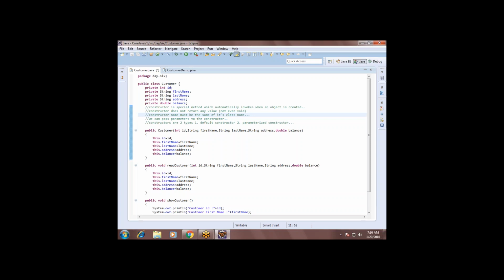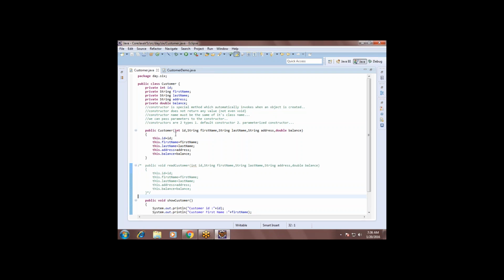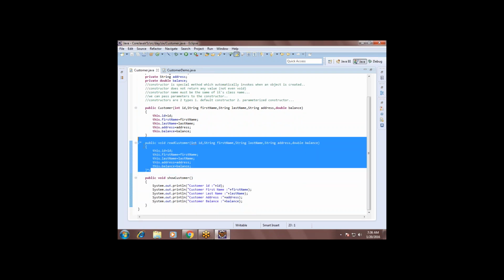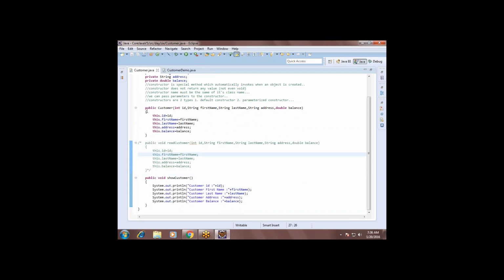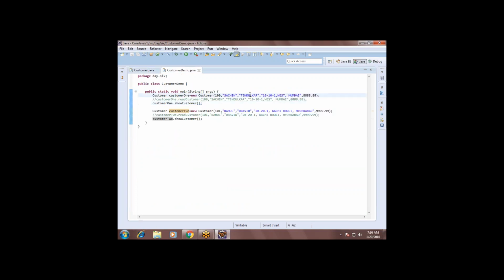Now I never use the read method, the read customer method. I just used it to tell you why exactly methods are required. I'll comment it out. Disabled it. So the constructor is for creating an object to initialize the parameters.